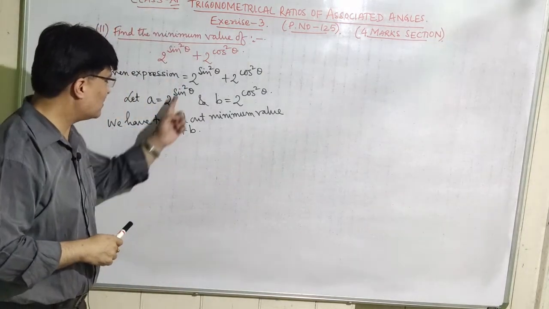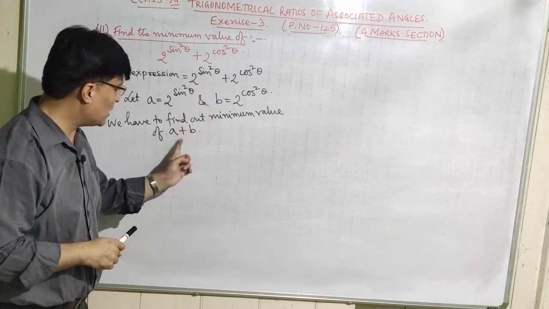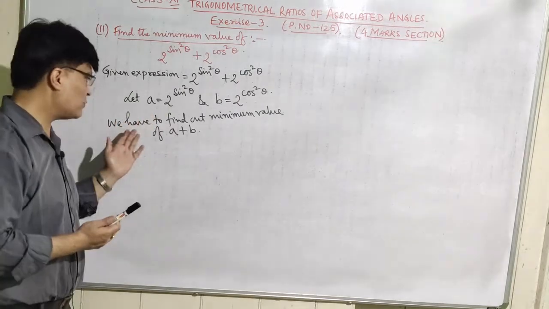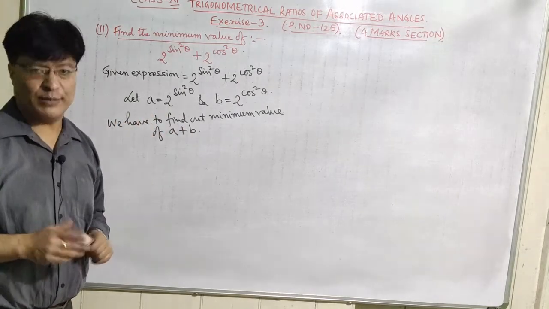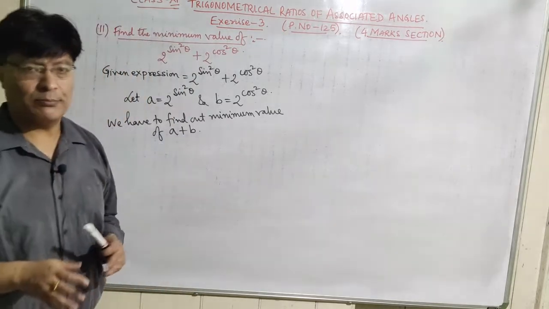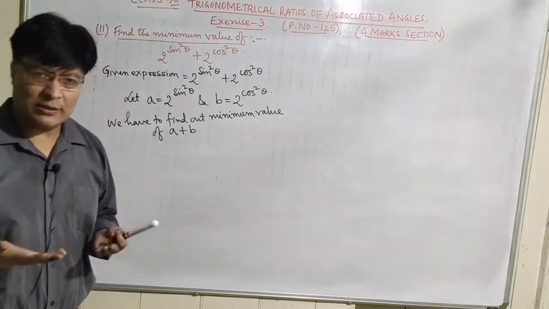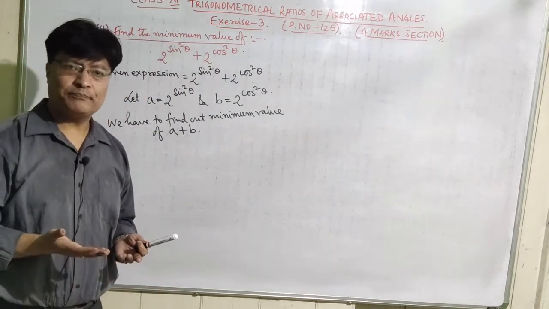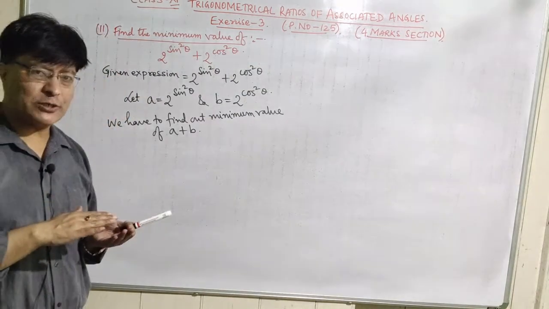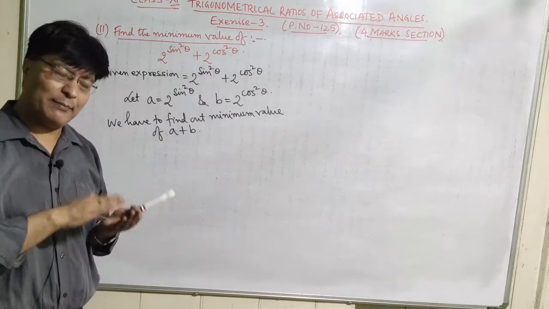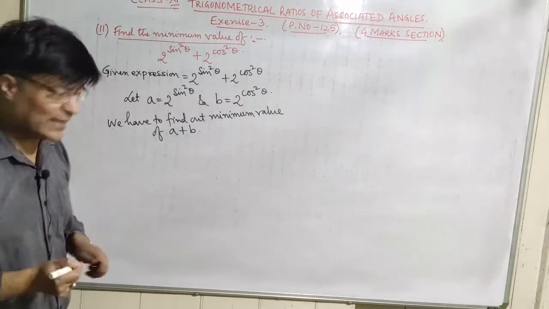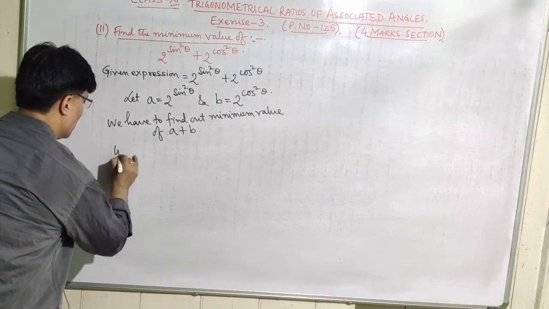What is the value for A here? 2 to the power sine square theta, and plus what is the value for B? It is 2 to the power cos square theta. So we have to find out the minimum value of A plus B. So now you know that A and B are different two numbers. They may be equal, they may be unequal. One is greater than the other also. A may be positive, B may be negative. A may be negative, B may be positive. Both may be positive, both may be negative. So here we know that,